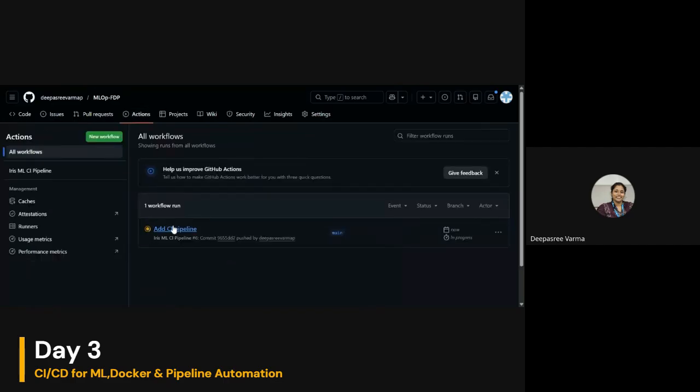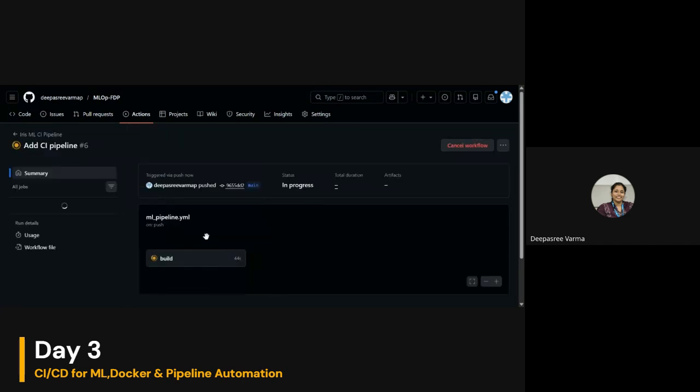And you can see a new action has been created here and it is running. If everything is done correctly, you will see a yellow dot telling that it is running. Otherwise, if you have any error, it will show a red cross.